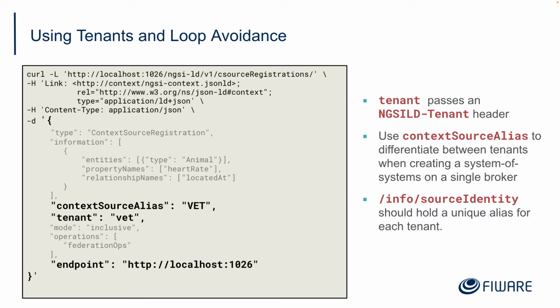Now, obviously, in the case where you have context broker A registered to context broker B and context broker B registered back to context broker A, and that's the only data you've got, you should actually get back a proper error code. But in most cases, it will just silently ignore requests for loopy data,